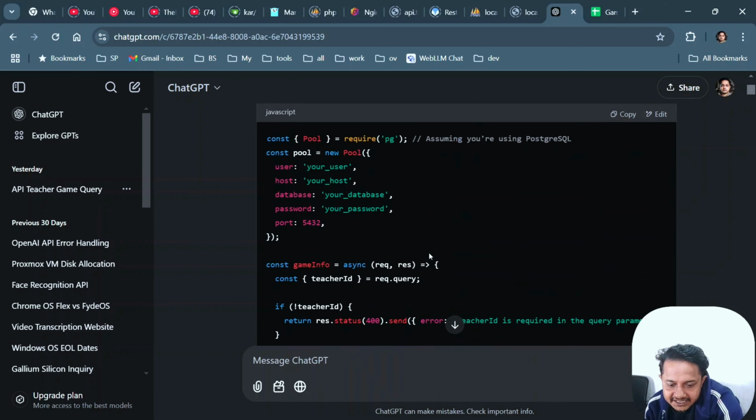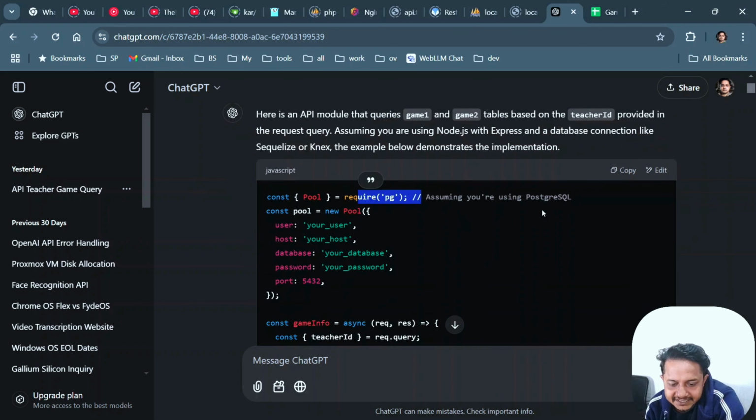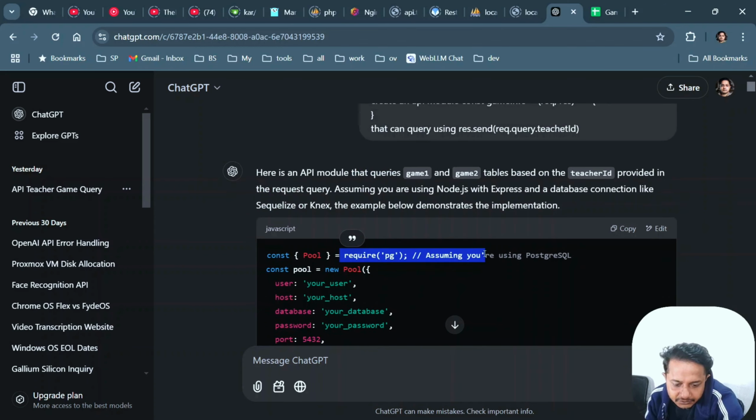So right now, as I see, it has provided and it guessed the required programming language as the data structure I have provided, as the module structure I have provided, but it missed the PG. As I know that many of us from the developer community used to use Postgres as a default database engine, as it is the most freedom oriented. Initially, MySQL was the default choice for all of us. Later on, after the handover of MySQL to Oracle, many of us moved from MySQL to MariaDB and PostgreSQL.